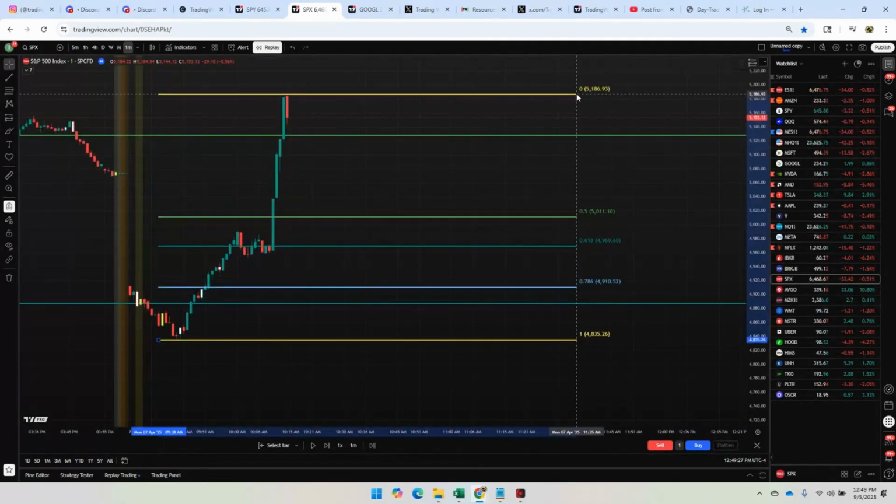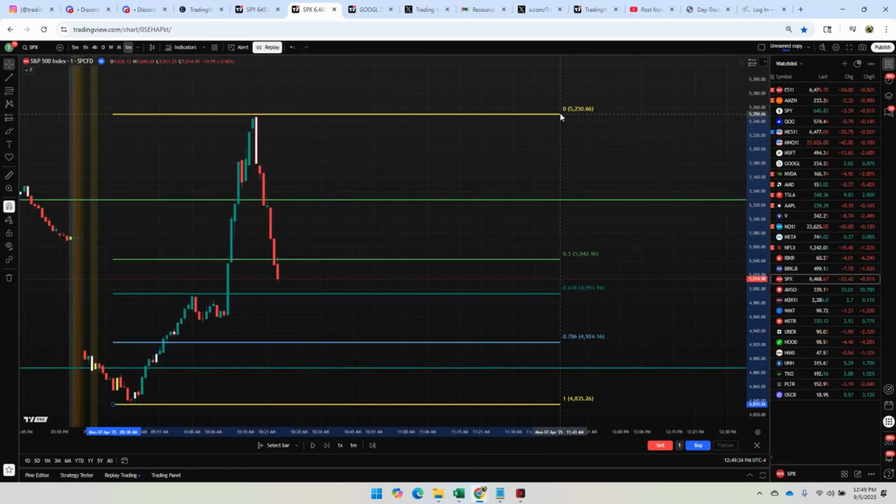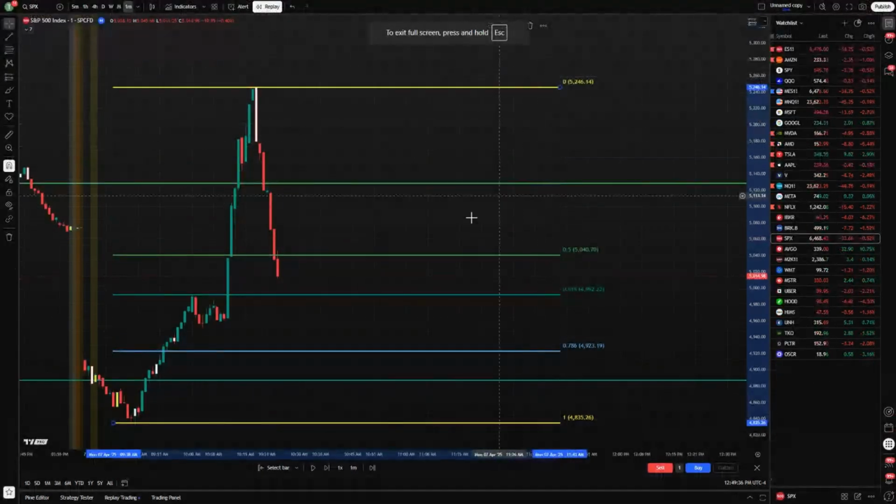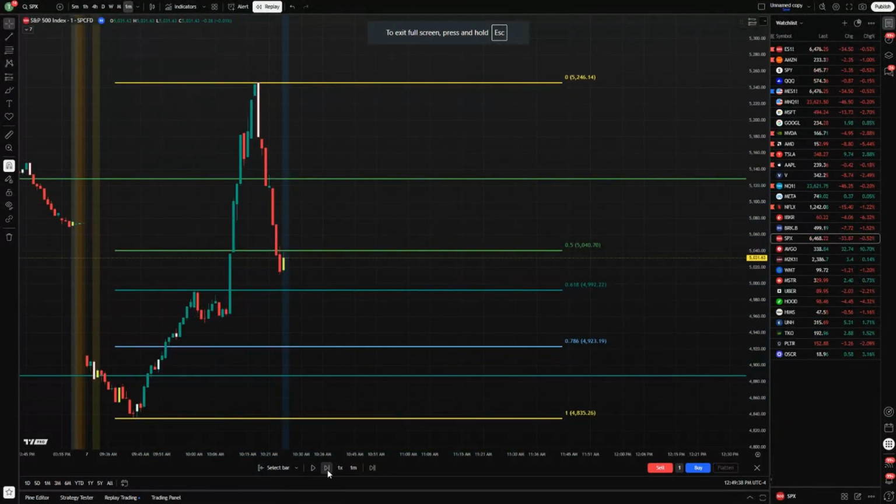Let's just move the anchor up now. Be patient and wait for at least a 50% pullback. We get a 50% pullback, we'll take that. Oh, okay. So move it higher again, right? So every time it goes up, you just move your anchor higher. Now we're actually in the golden zone. So here we want to buy,